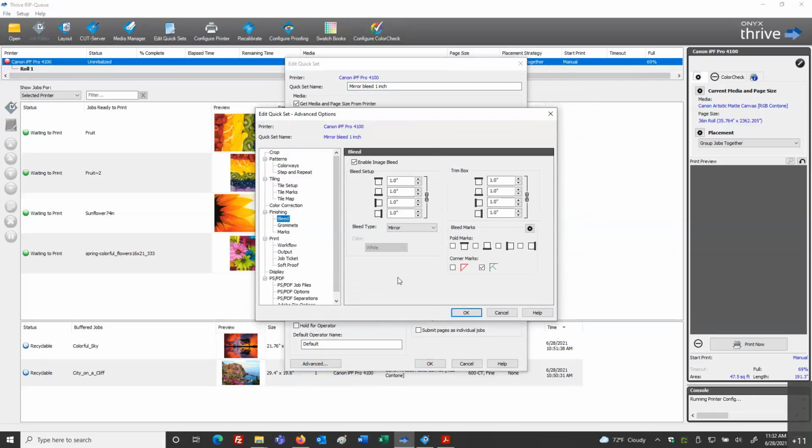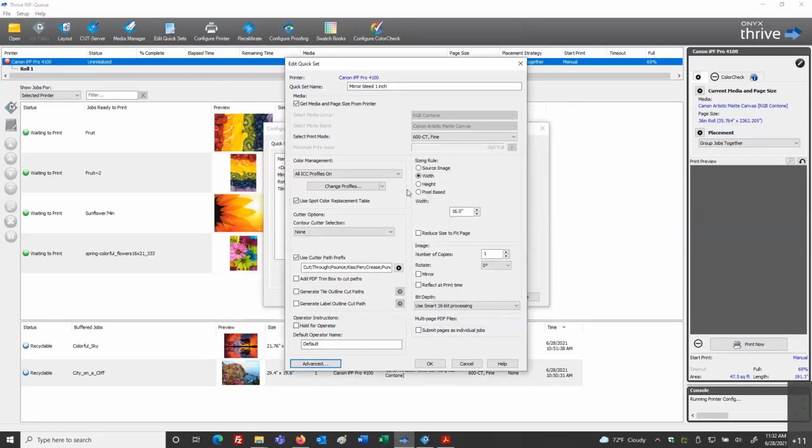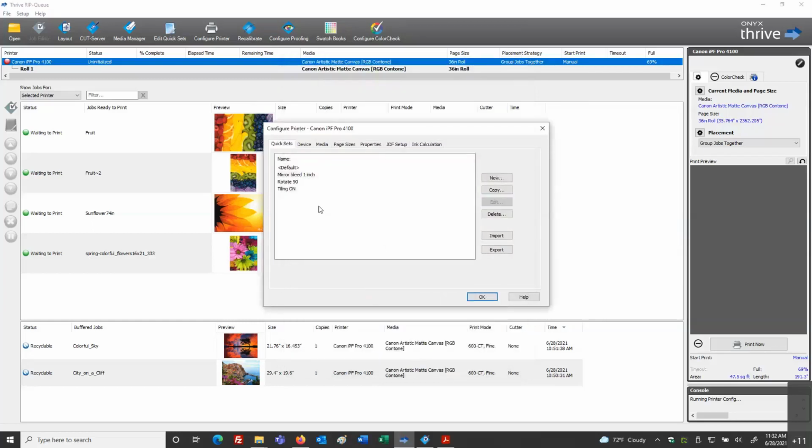So for convenience's sake, I could be in Job Editor, working through my files, saying to myself again that this looks like this could be a very good quick set, and I could export it out as a quick set. And while I'm in this quick sets menu, I want to point out that once you create the quick sets that you need, that are going to perform tasks and automate your steps for you, keep you consistent and save you time, you can always back these up, export.